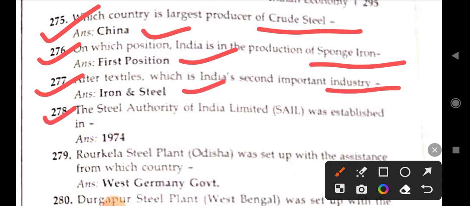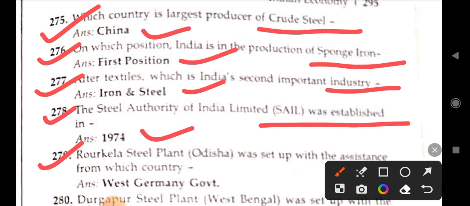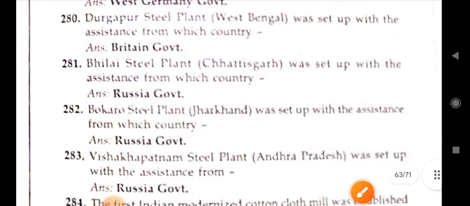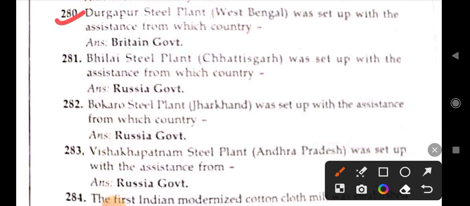The Steel Authority of India (SAIL) was established in 1974. Rourkela Steel Plant, Odisha, was set up with assistance of which country? West Germany. Next, Durgapur Steel Plant in West Bengal was set up with which